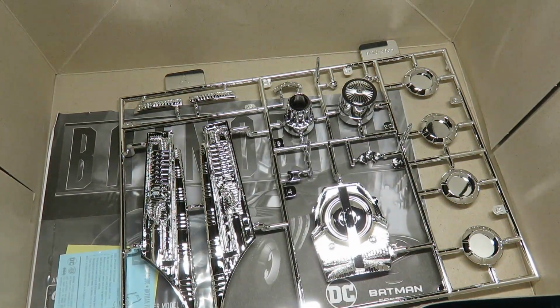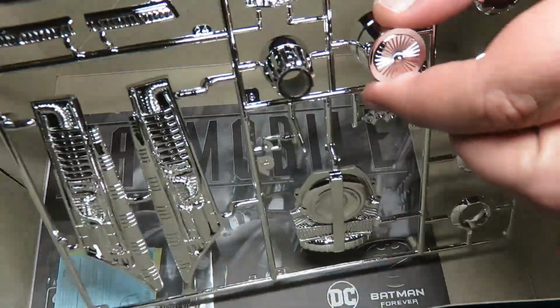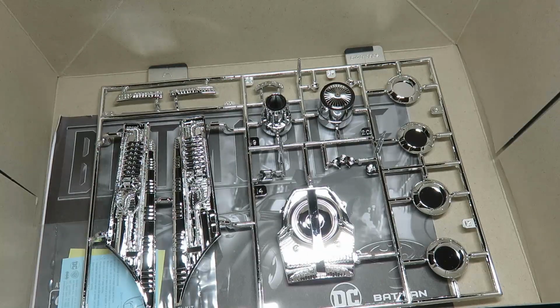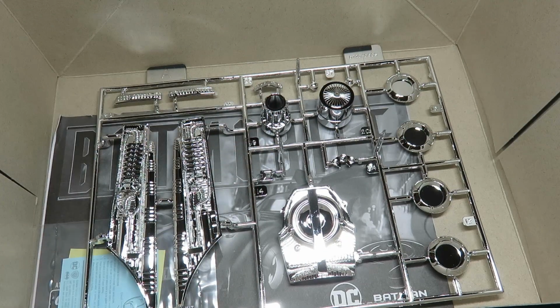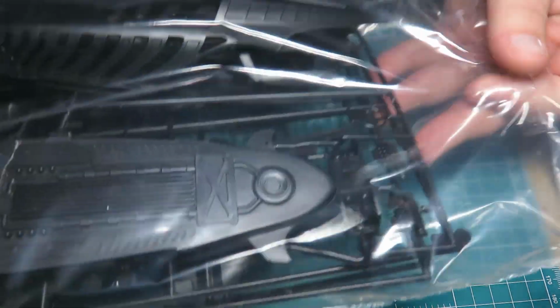Huh. That's also weird. The chrome is left bare. None of this is sealed. That's just strange. Usually stuff like this in the clear parts, they're sealed up to protect them. But they've kind of done the reverse. It's a little bit weird. Whatever. I'm going to put this to the side for just a sec, and we're going to open up the black bag